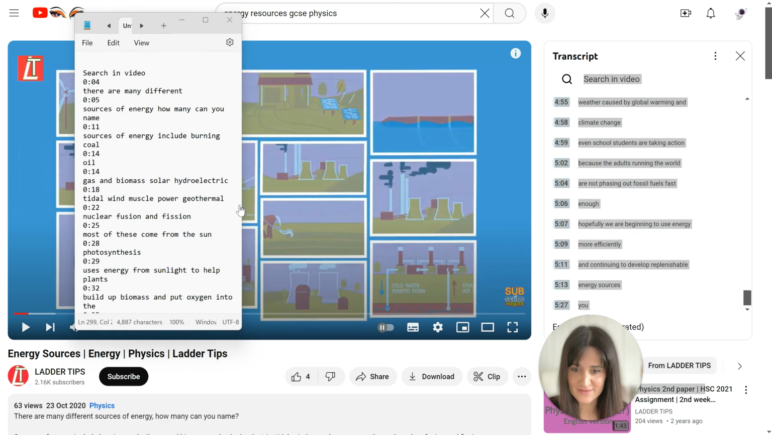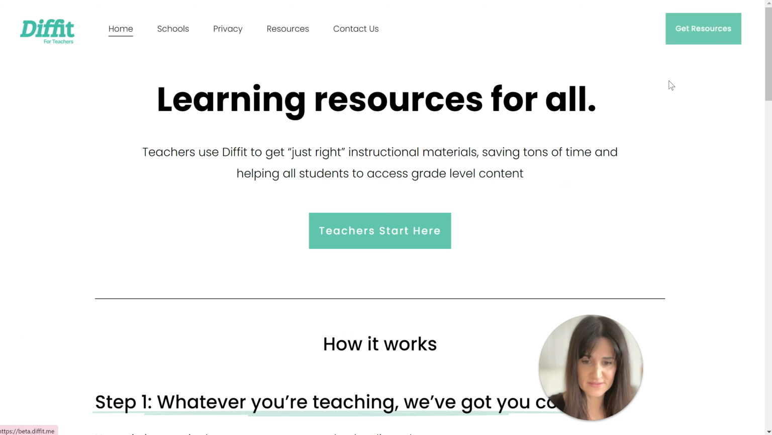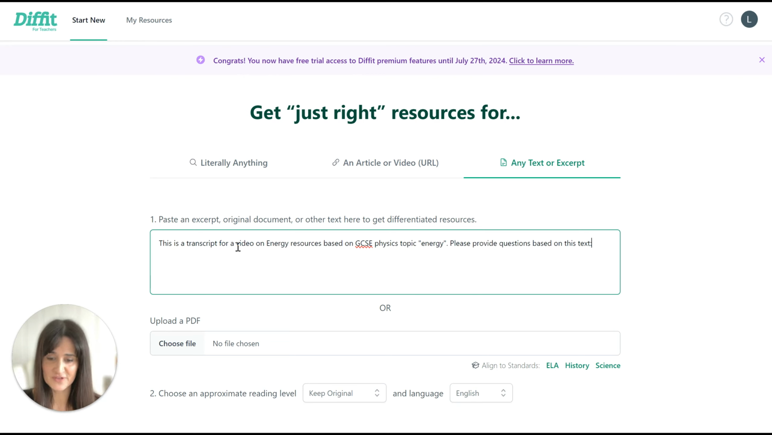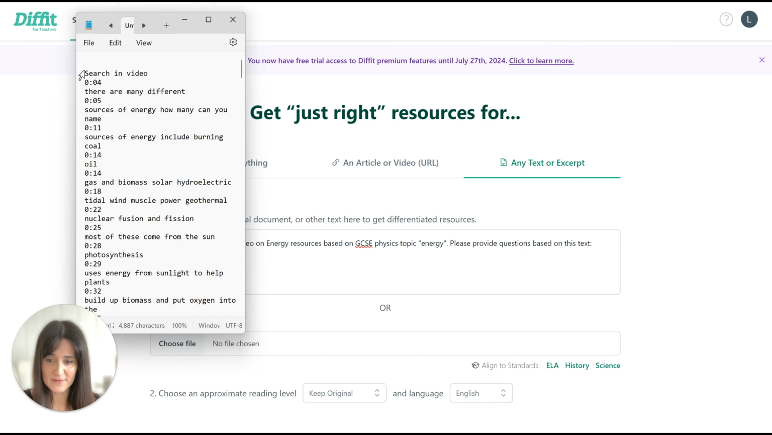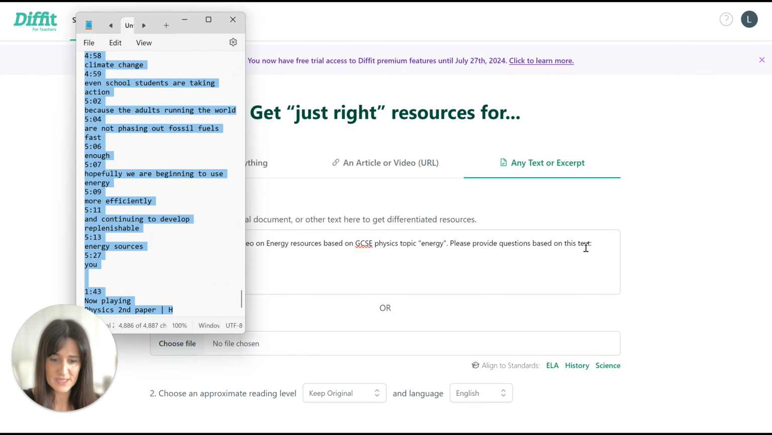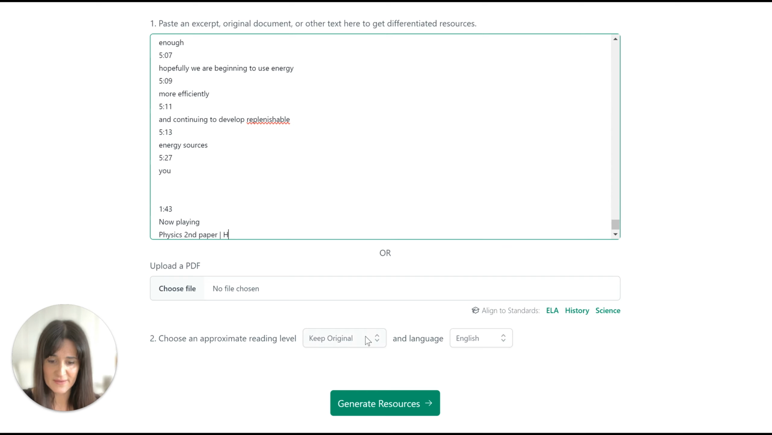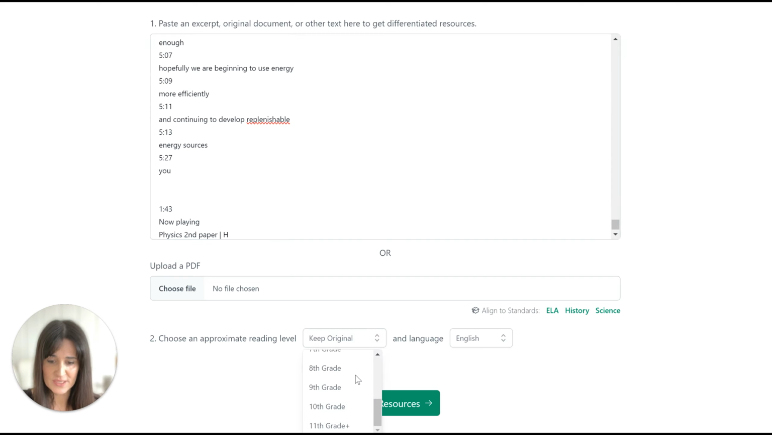Now we're going to go to Diffit, get resources, any text or excerpt, and then I'm going to type this in. This is a transcript for a video on energy resources based on GCSE physics topic energy. Please provide questions based on this text. So this is where you get a hold of where you copied the transcript from. I'm just going to select all of this, Control C, put that in here, scroll down, and choose the appropriate